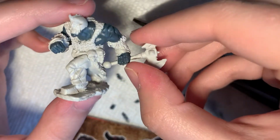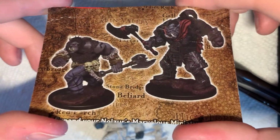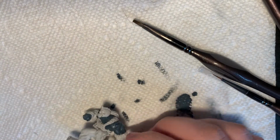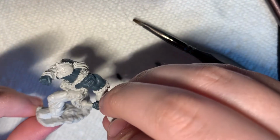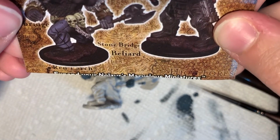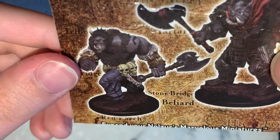Today on Mini Painting Studio, I'm continuing Nolzur's Marvelous Miniatures Orc. Today I'm going to be focusing probably more on the pants and the chainmail breastplate that is on the image. The colors on there seem to be a grayish tone, so I'm probably going to be looking at various gray paints, but they also seem to have a purplish tone to them,